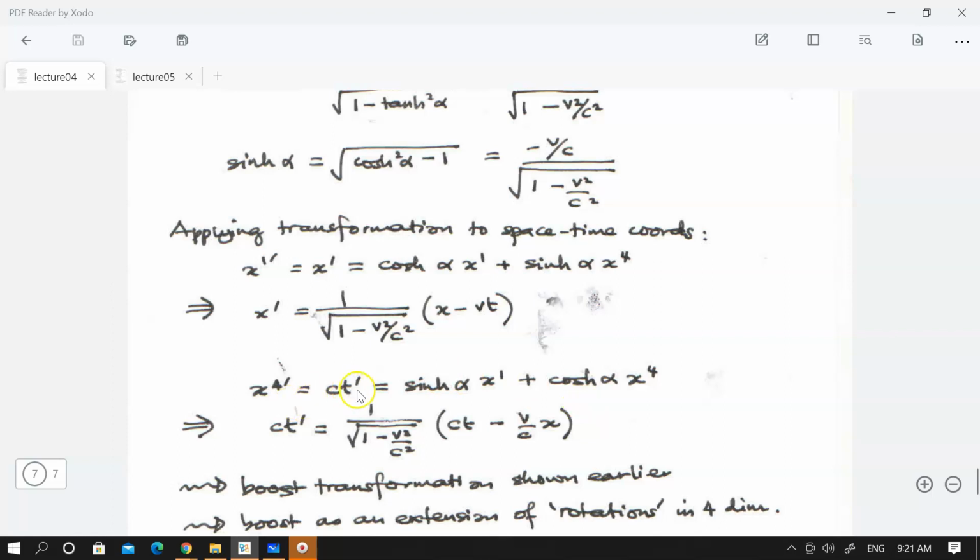Similarly, for your x4 dash coordinate, which is actually ct dash, you'll get this particular relationship. Again, this is something you have also seen together with the transformation of your x coordinate. There will be a transformation of your t coordinate. And this is precisely the boost transformation. Probably I mentioned the boost transformation earlier. So this is actually you boost your inertial frame with velocity v along the x direction. So once you have that, it also implies there will be changes in the time coordinate. Okay, so your boost transformation